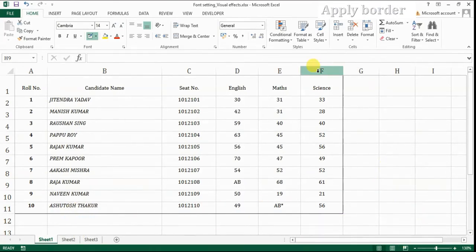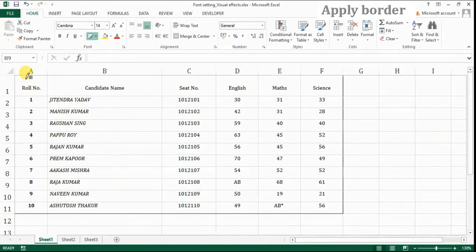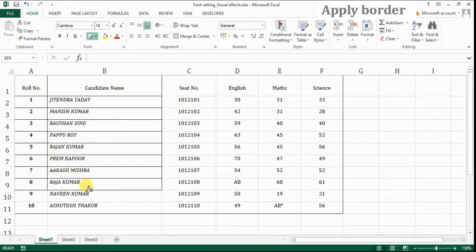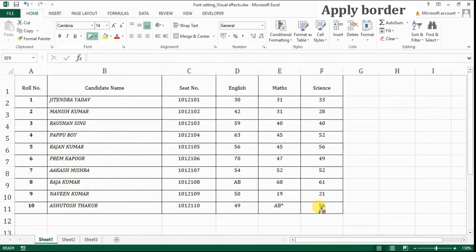This is the outside border. If you want a grid, then click here, draw border grid, and select the table. It will add a border grid in this way.